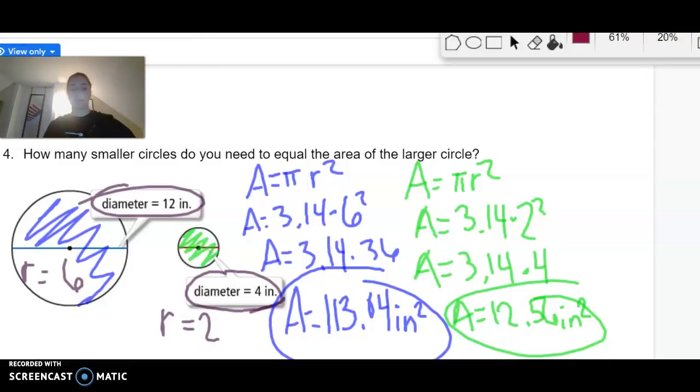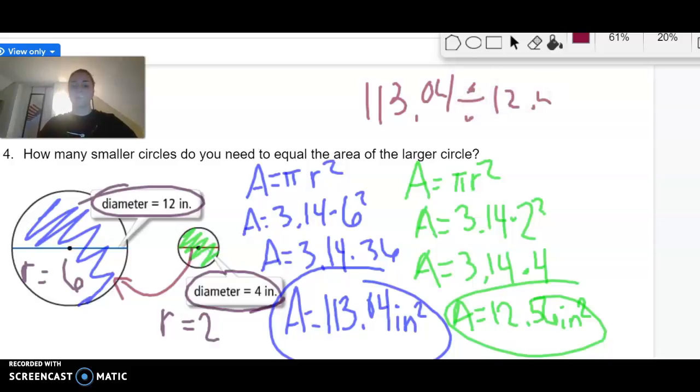We want to see how many smaller ones it'll take to fill up this whole big one. So we're going to do up here, 113.04 divided by 12.56. When we plug that in our calculator, we get 9. So that means that 9 small circles